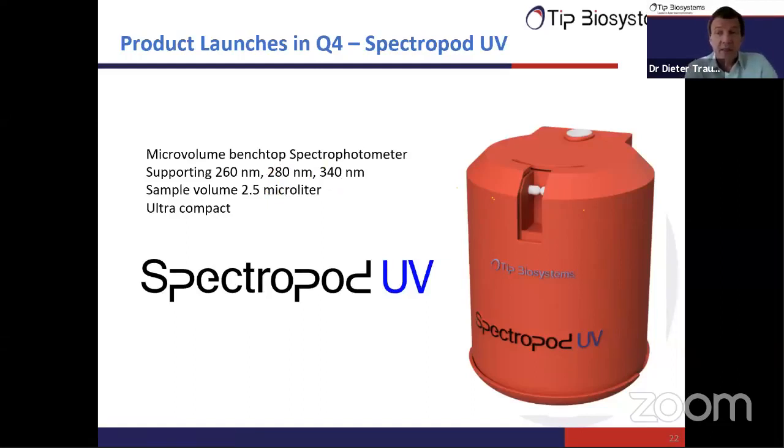This instrument is ultra compact. It's quite small. It's lithium-ion battery powered, so it does not need a cable or anything. You can place this in a hood or in very small lab spaces. You can work with this. And similar to the Photopette, this instrument is Bluetooth connected through our app. This app is also quite similar to the Photopette app. It's very easy and intuitive to use and allows very fast data sharing.